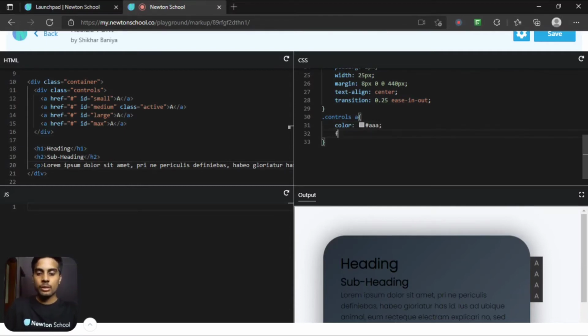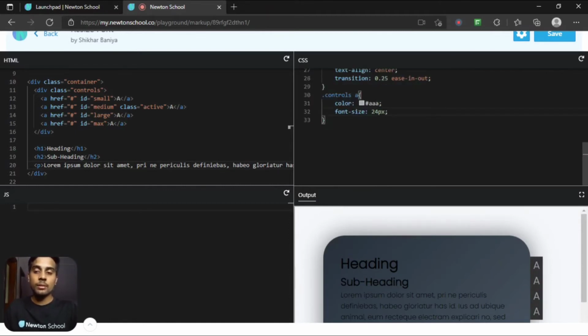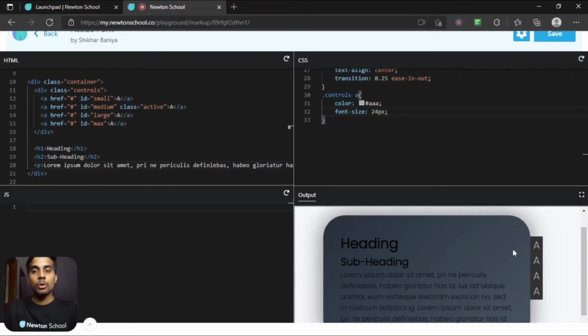Next, let's increase the font size. So font size will be, let's say, 24 pixel. We are just providing this font size as a default. This is going to change later. Font weight will be bold.